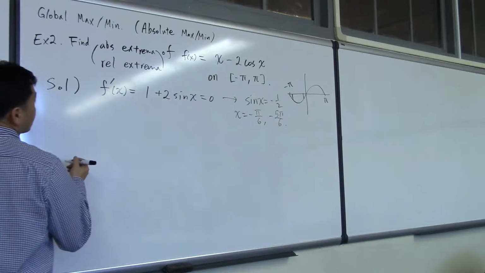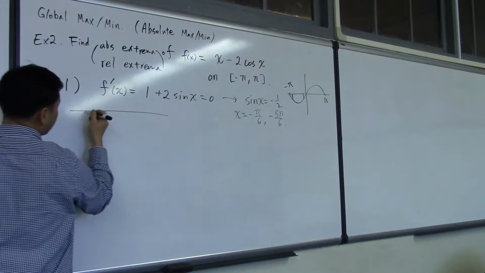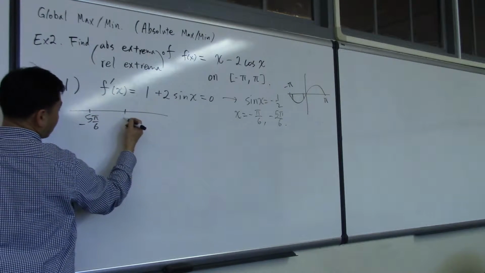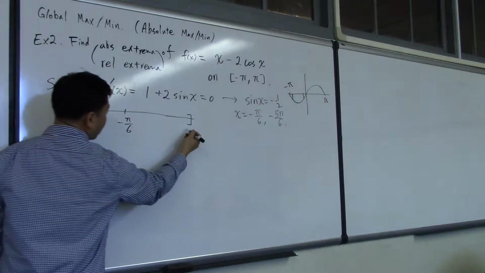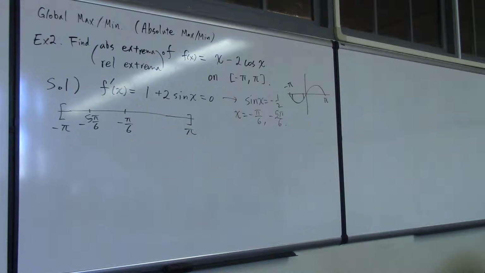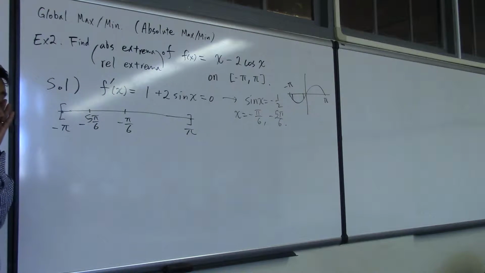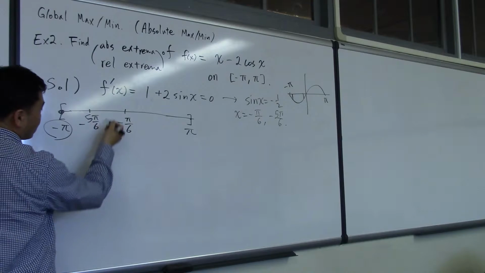Then, because we also need to know the relative extrema, not just the absolute extrema, we would like to draw the number line, place these critical numbers, and also this time, because it's a finite domain, you also need to put the boundaries. And it's okay to pick your test points at the boundaries if you have to figure out whether it's increasing or decreasing. You just have to make sure that the boundaries are not one of the critical numbers. Okay. So if I choose negative pi for the test point here,